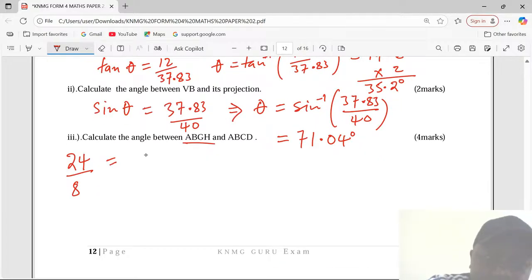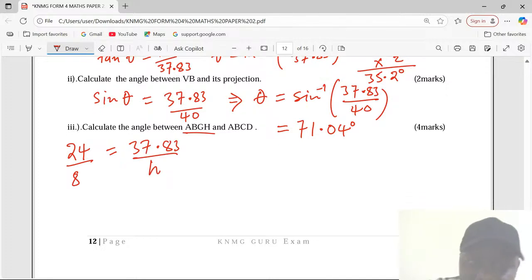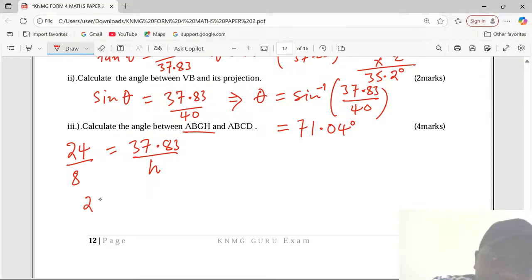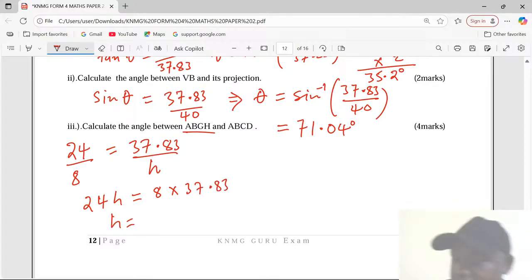It should be the same as the vertical height of the original, that's 37.83, divided by the vertical height of the smaller one which was cut, h. 24h equals 8 by 37.83, meaning that h equals 8 by 37.83 out of 24. This is 12.61